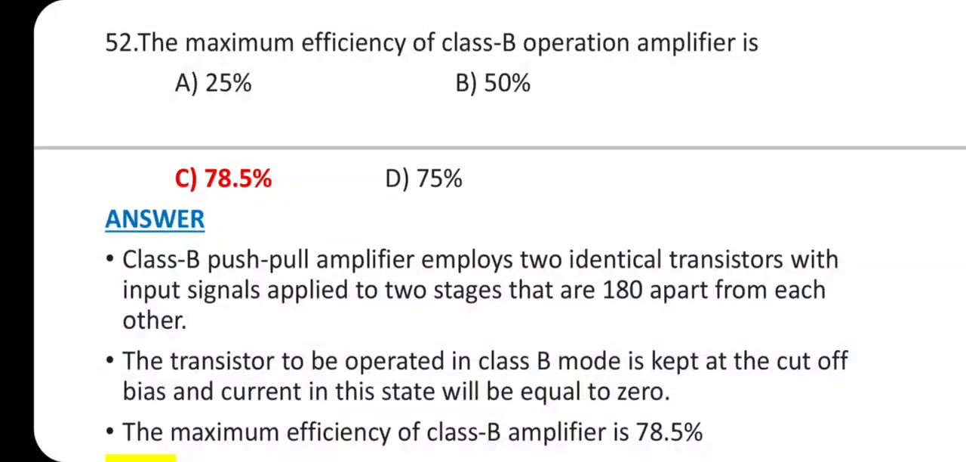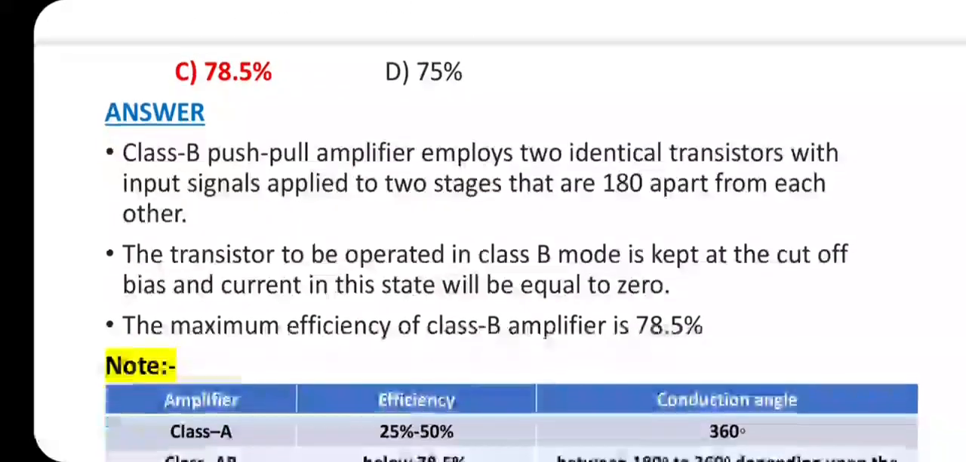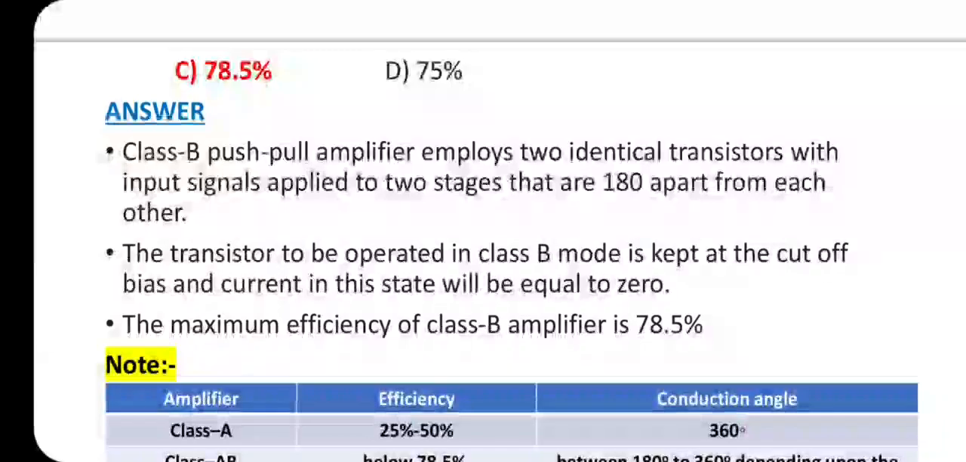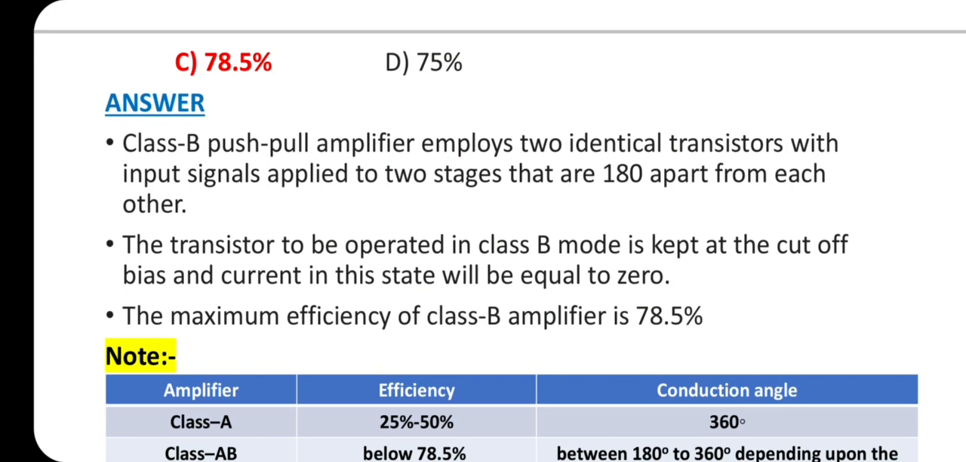52. The maximum efficiency of Class B operation amplifier is. Answer is option C, 78.5%. Class B push-pull amplifier employs two identical transistors with input signals supplied to two stages that are 180 degrees apart from each other. The transistor to be operated in Class B mode is kept at the cutoff bias and current in this state will be equal to 0. The maximum efficiency of Class B amplifier is